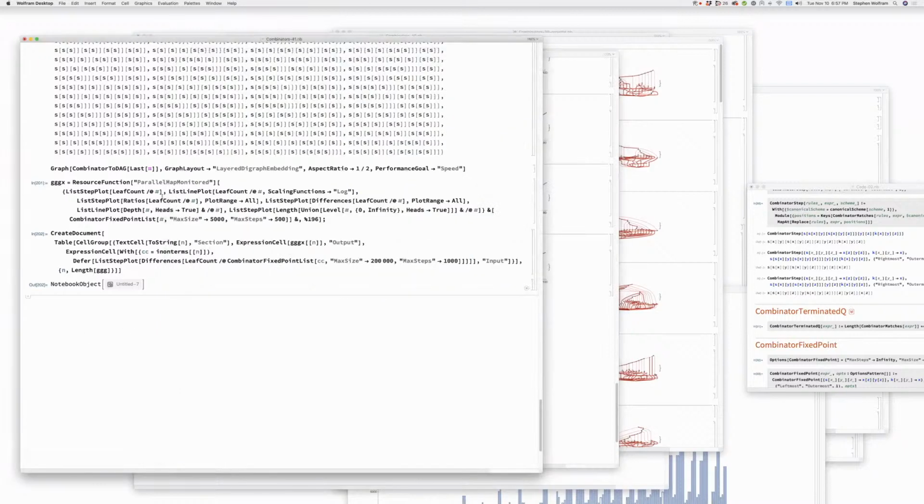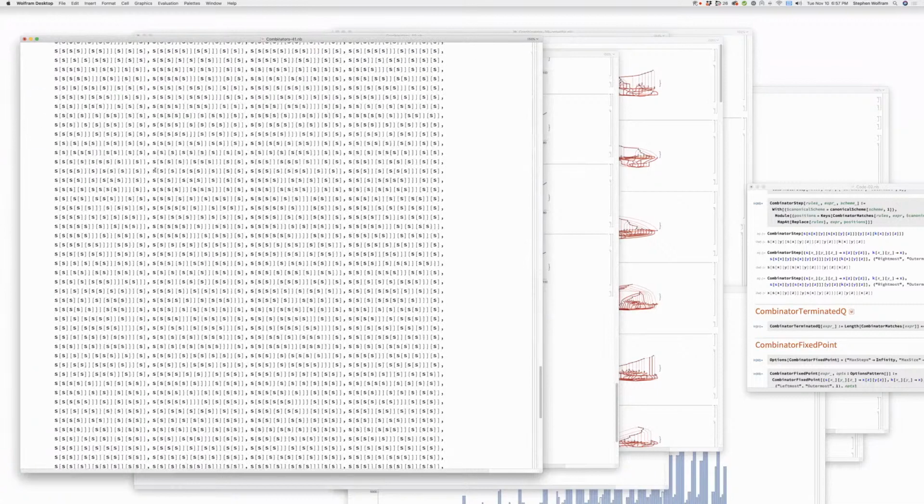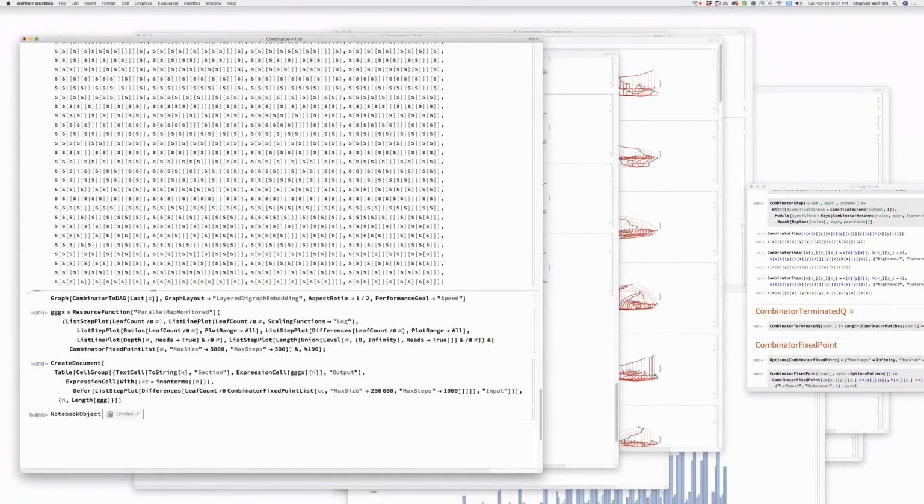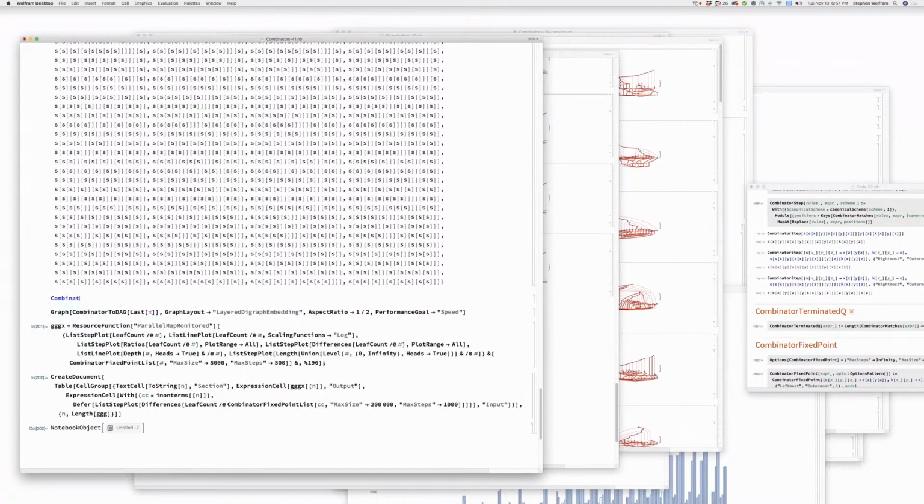Which is to say, take these things, line 196, and let's say combinator evolve list hash comma 5, and then let's say select that leaf count hash double equals 9,